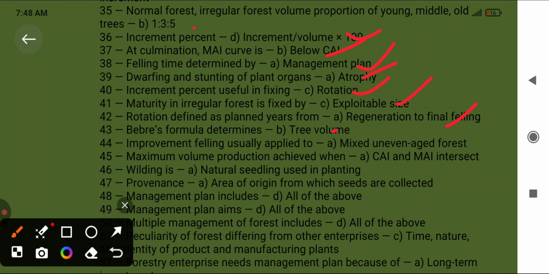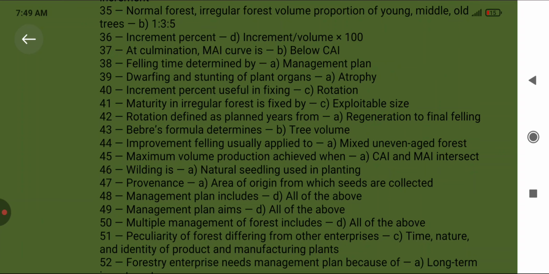Improvement filling is usually applied to mixed uneven-aged forest, and maximum volume production is achieved when CI and MI intersect. Wilding is a natural seedling used in plantation. Provenance is the area of origin from which seed is collected. The management plan includes